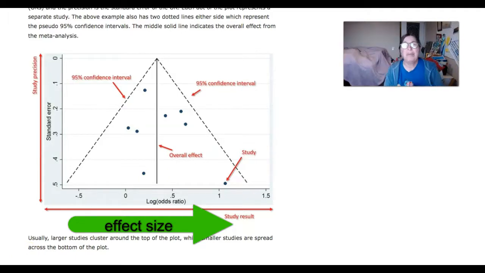For example, if the meta-analysis was about how does aspirin affect knee pain for people who have osteoarthritis, and they had some measure of pain levels, they found that the effect,